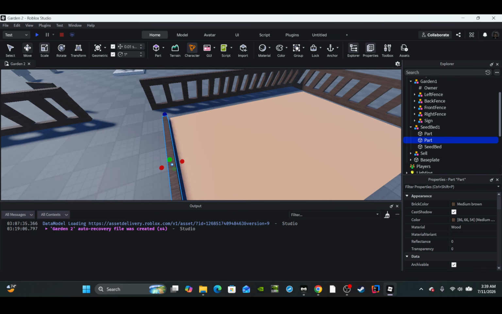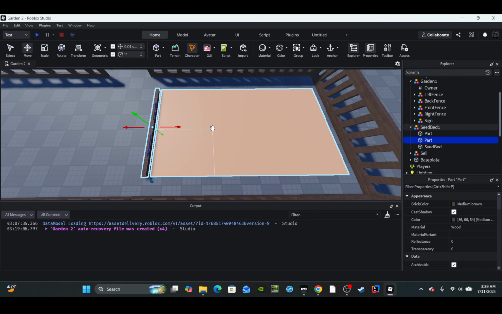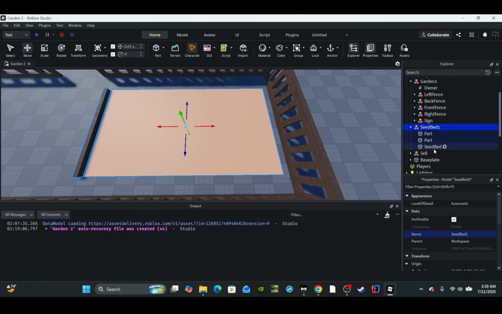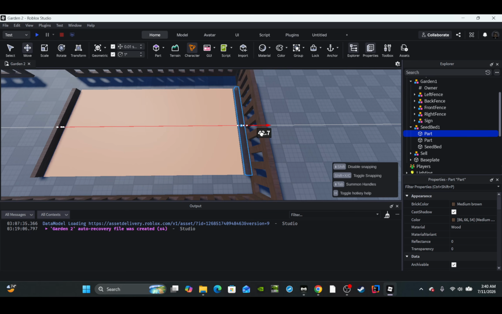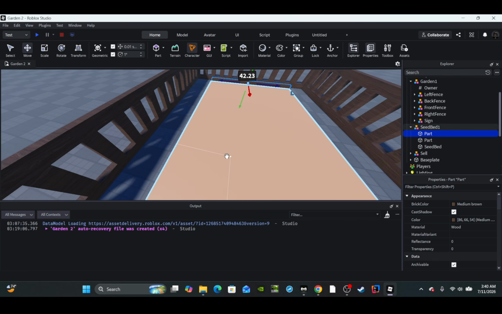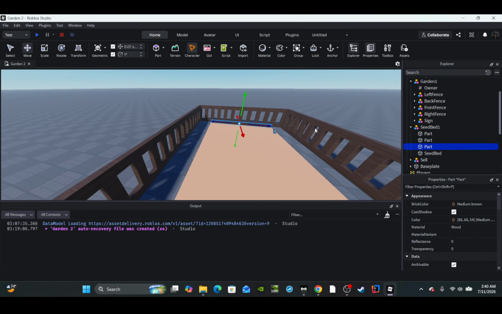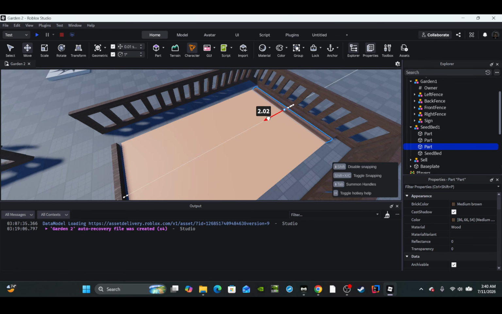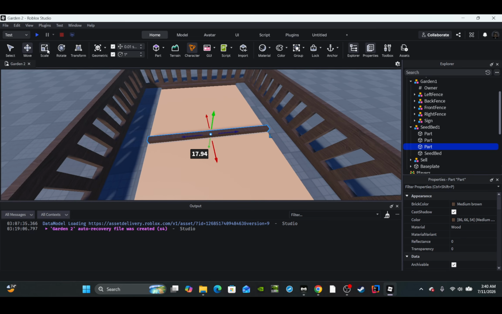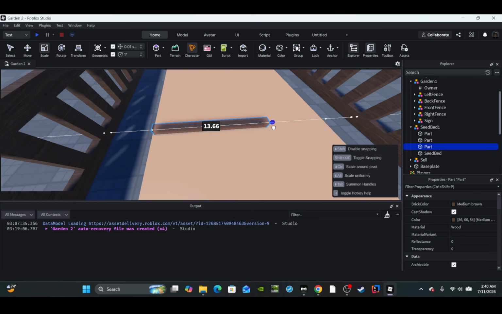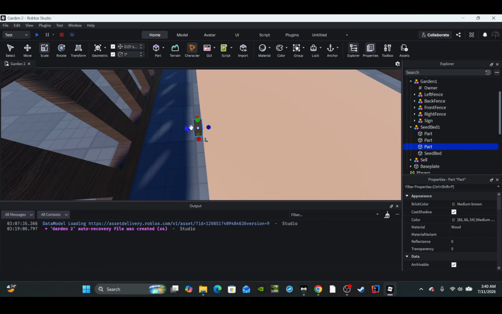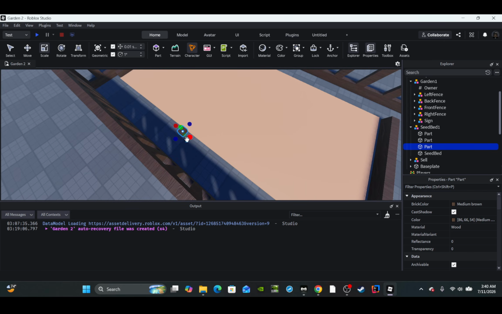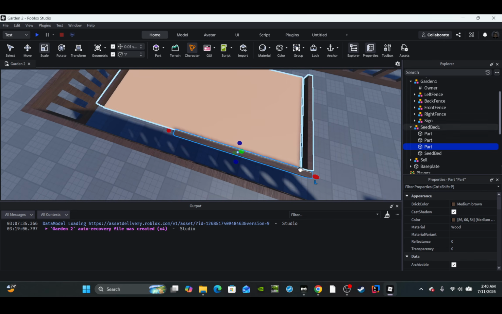Then you can duplicate it again, Control plus D while having it selected. Then we'll just, okay, let's not do that. We will move the part over to the other end, right? Then what we can do is we can simply duplicate it again, move it over, and then honestly, we could just rotate it and try to do all that, but I think scaling it would just be easier. So we'll just do something like this, and then boom,